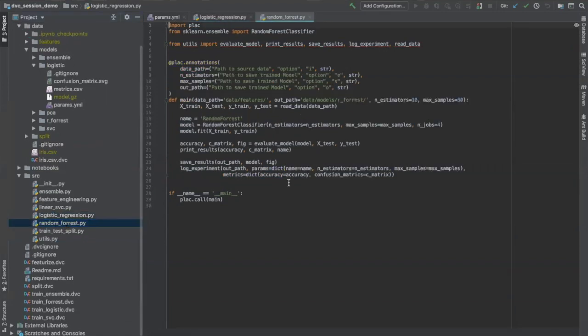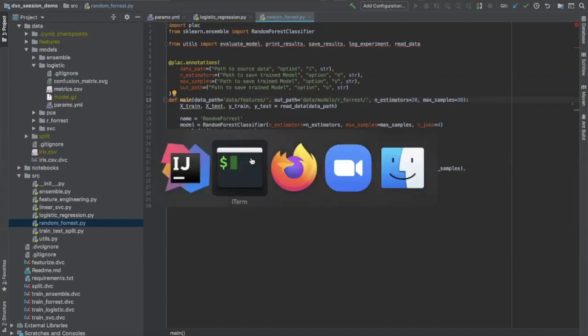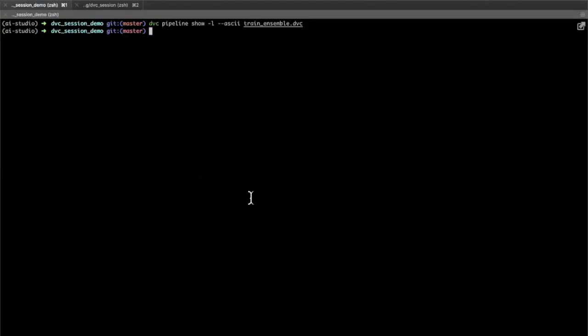I'll change the random forest code. I'll change number of estimators from 10 to 20. And now, just like you do git status, you can do DVC status to see what all things have to be changed. So if you see now, train forest stage is no more a valid state. There is a modified dependency called random forest.py. So you can say DVC reproduce